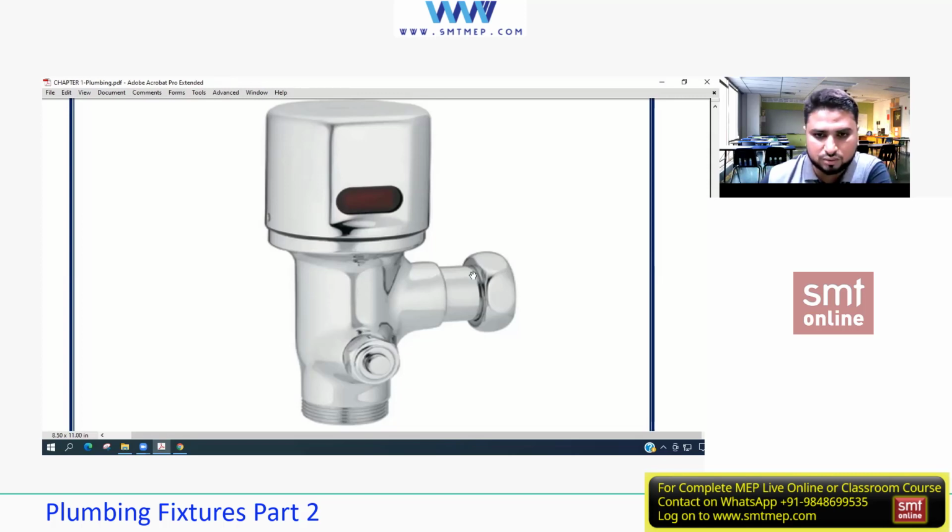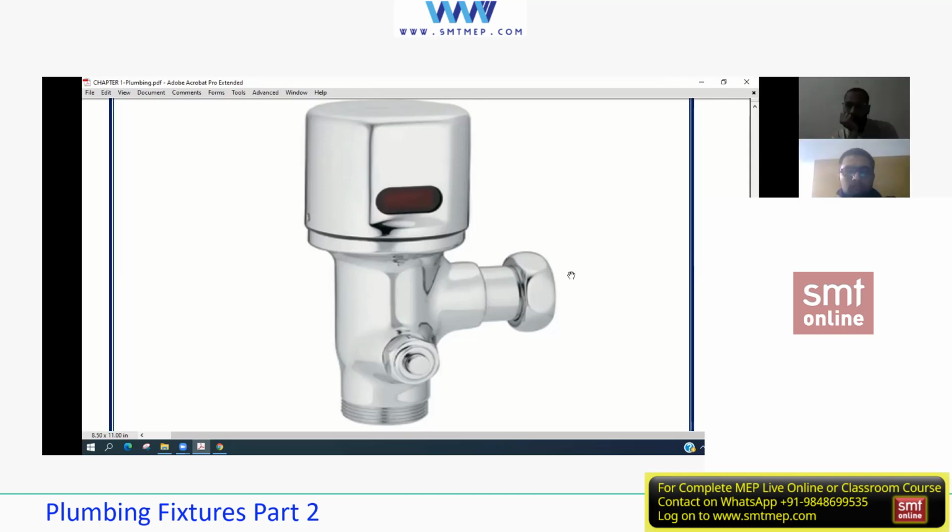Actually, I have recently installed these electric flush tanks in one of our projects in Riyadh. This is a 4-star hotel. So this was the demand of the Ministry of Tourism, that in the common toilets they need electronic flush tanks. I installed them myself. We just provided the permanent electrical connections, and the kind of flush tanks we installed here can be used manually or with an IR sensor.